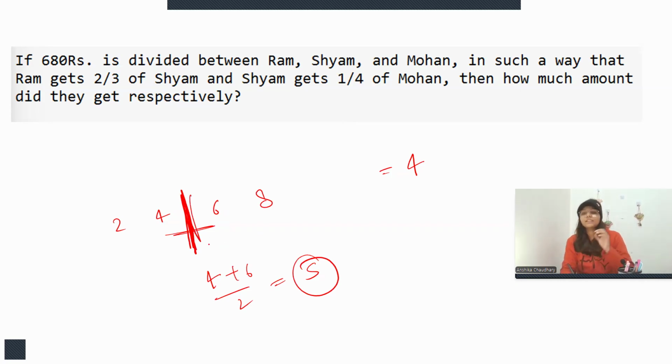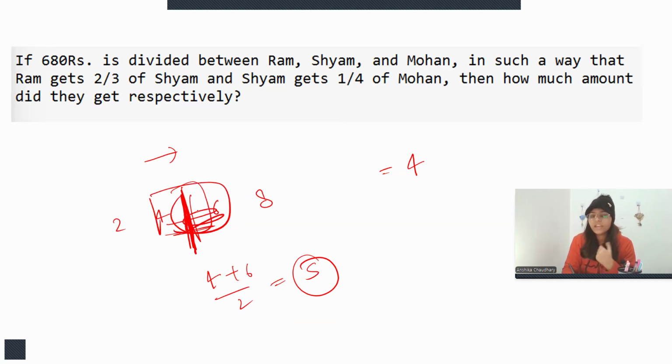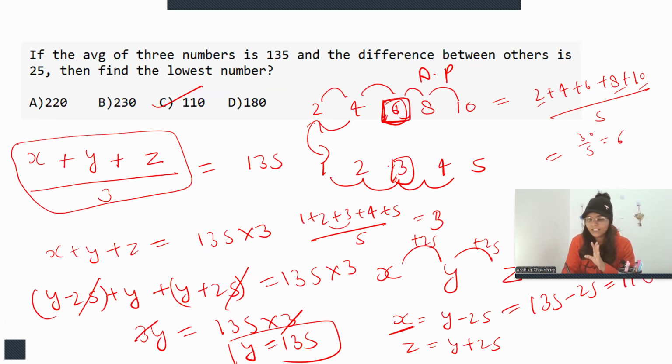So now the conclusion is that for an AP where the difference is same, or for any consecutive number series, the average will be the middle digit, right? If the total numbers are even, then it is the middle of these two. If odd, then we can directly find the middle as we have done here and here, right? Now it is clear. Okay, we have got the idea. Now let me read this question. If the average of three numbers is 135 and the difference between others is 25,